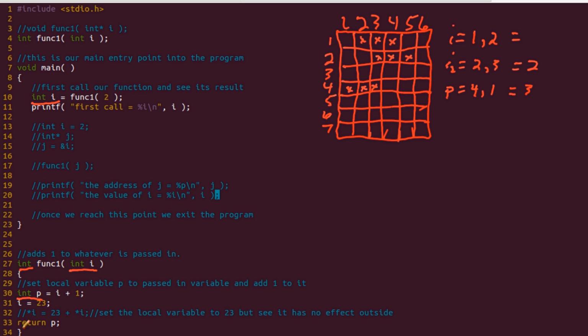The next thing we're going to do is set I to 23. Well, I is our local variable I, so that is this I2 that we have here. So now we are going to cross this out and set that equal to 23. And then we're going to return p. Well, p right now is 3. It comes back up here to function 1, and function 1 basically gets replaced with the number 3. And so now this variable up here is holding a 3. So scope